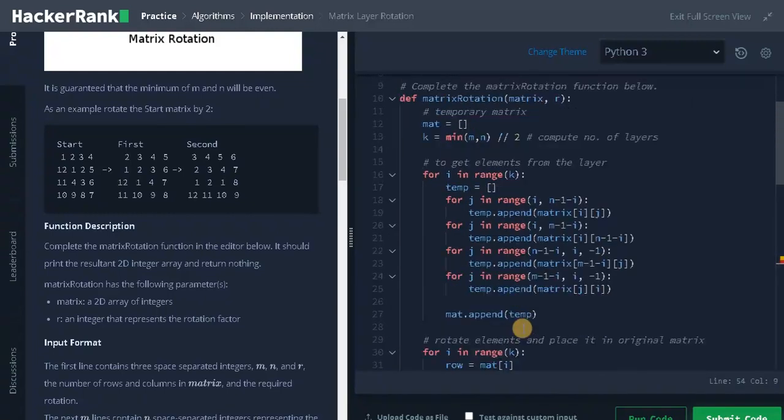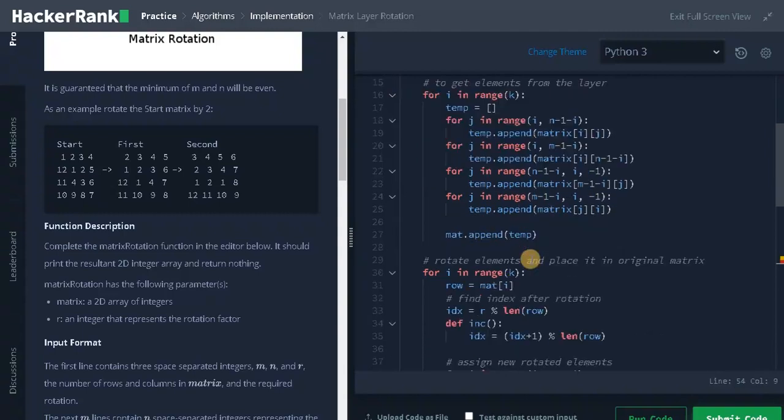So that's the whole program. The logic is quite simple, but the coding part is only big. And check the indexes, the index part ranging from i to m-1 and i to n-1, it's somewhat twisting and confusing. Make sure you are giving the right indexes.